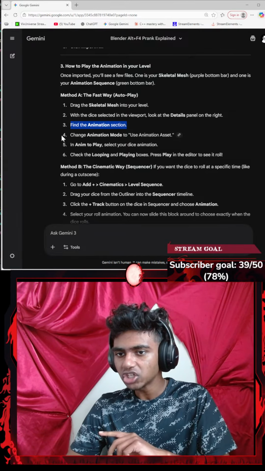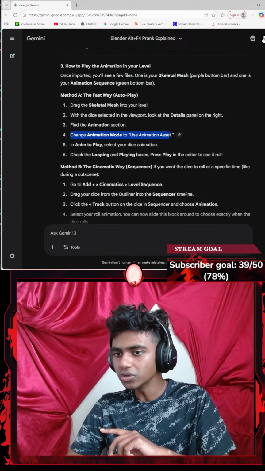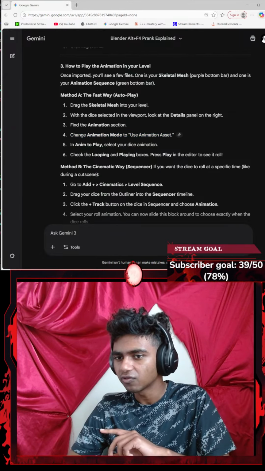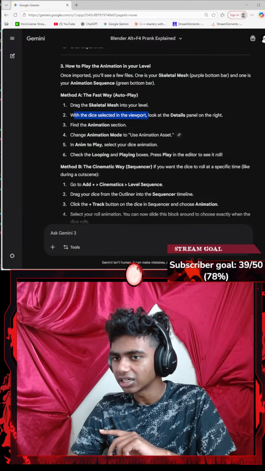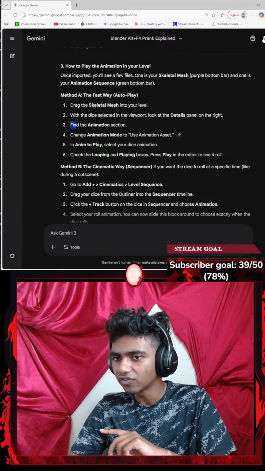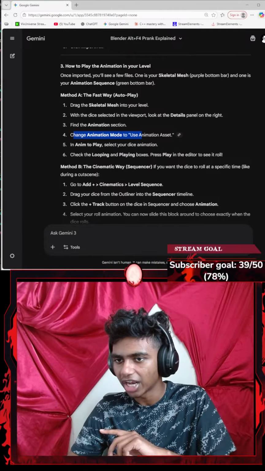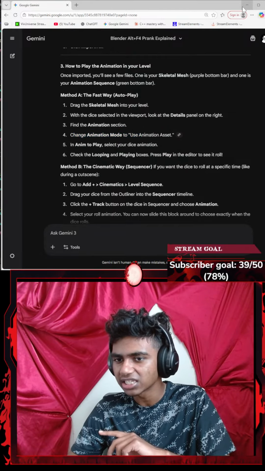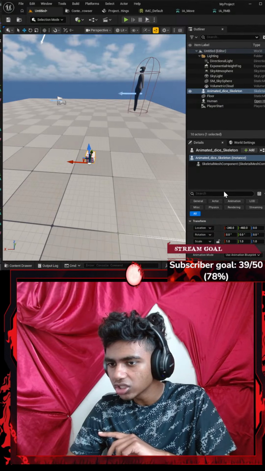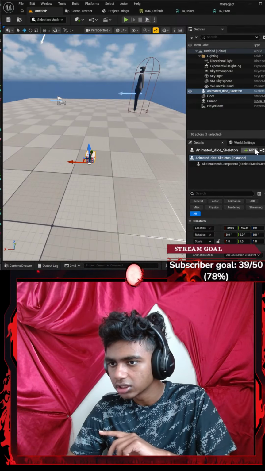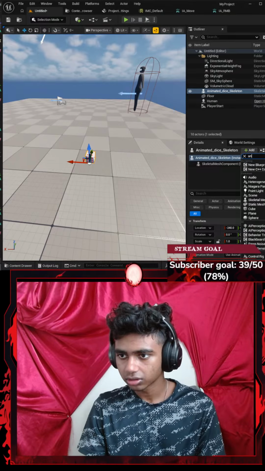That said, find the animation section, change the animation mode to use animation assets. Okay, with the dice selected in the viewport, look at details on the right, find the animation section, and change animation mode to use animation assets. So maybe I type something here.